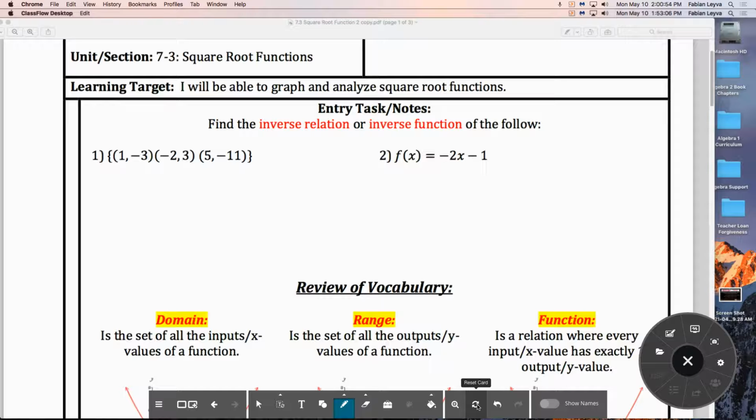All right, guys, so this was just a review of what we did last week. I asked you guys to find the inverse relation and the inverse function of the following. And notice that number one, I gave you a bunch of ordered pairs. What ordered pairs really do is just a quick-hand way of showing you a relationship between an input